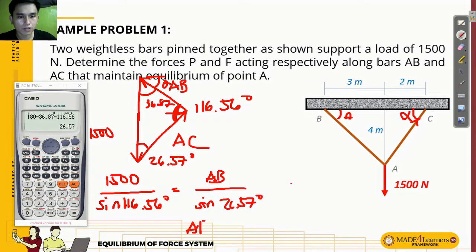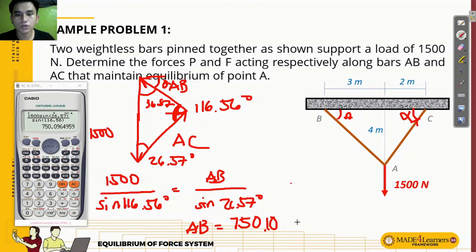So AB therefore is equal to, so 1,500, cross multiply, sine 26.57 over sine 116.56. So AB therefore is equal to 750 point, round up, no, this is 0.10